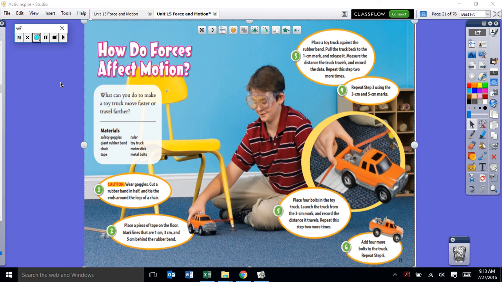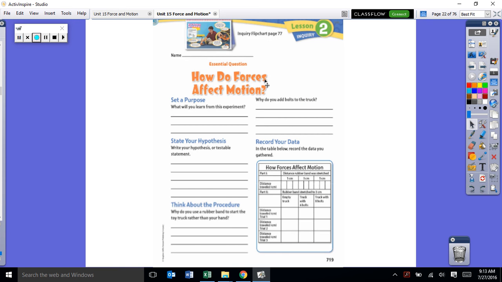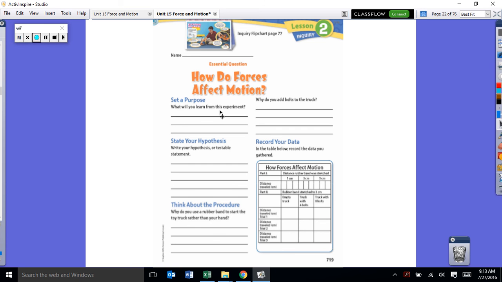Okay, today we're going to do an experiment on how force affects motion. The supplies you need to get out is your book. We first need to answer these questions or write down what we think should be there. We need to set the purpose and